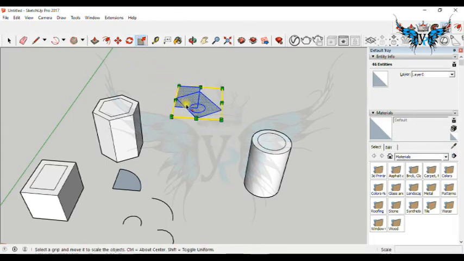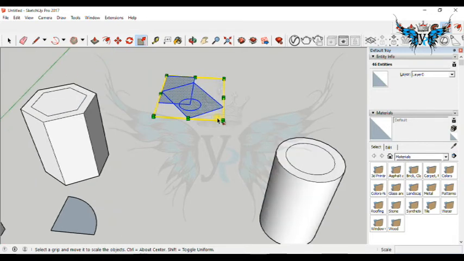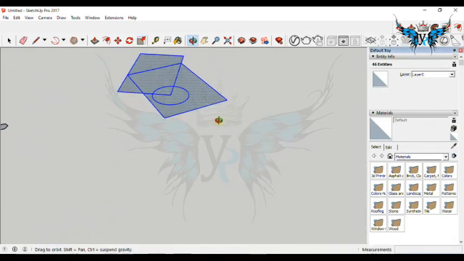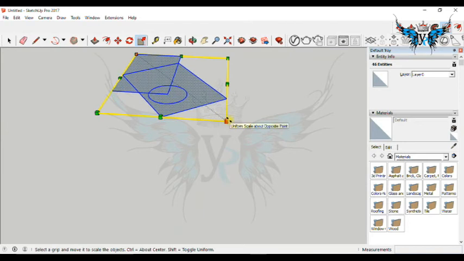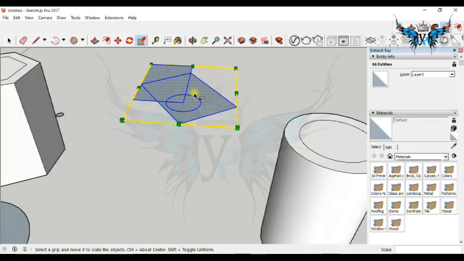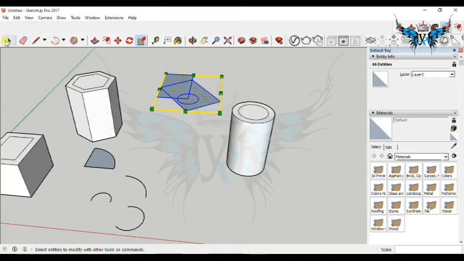Next, scale. First, click the object which you want to scale, and use the scale tool to click on the object. If it is a 2D object, it will show 8 points, and if it is a 3D object, it will show 24 points. Select any side you want and drag it to any point you want.